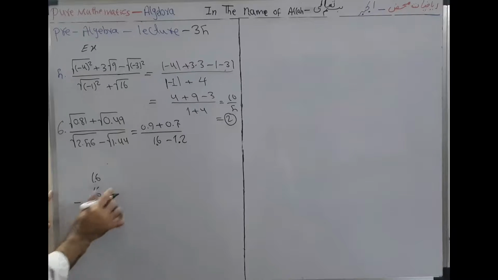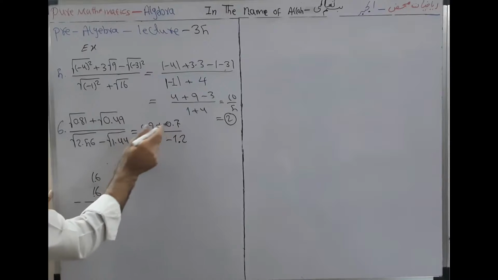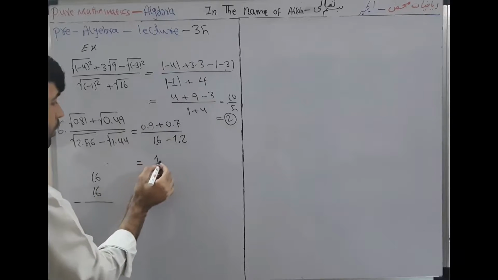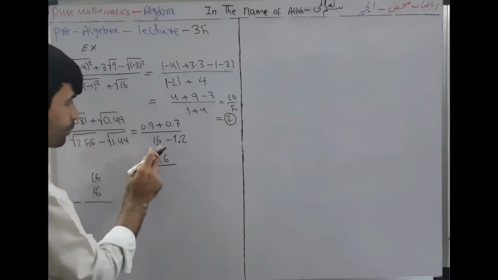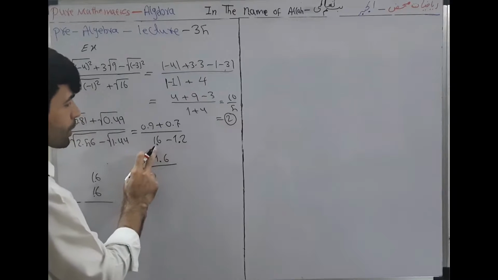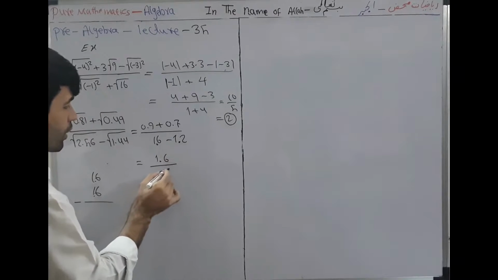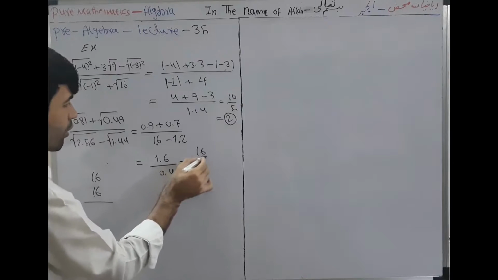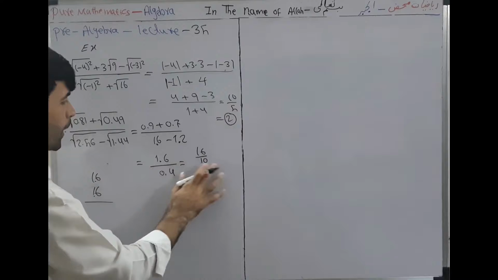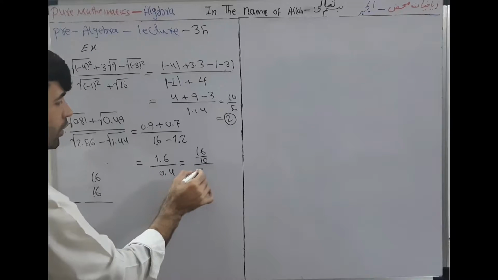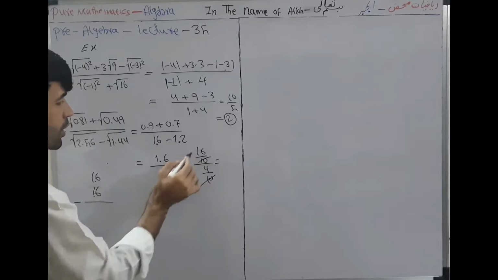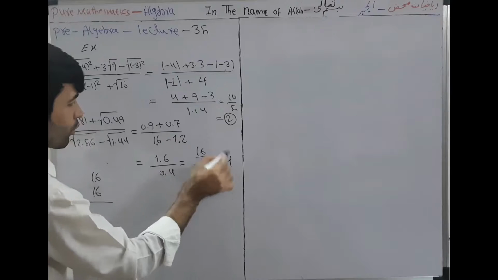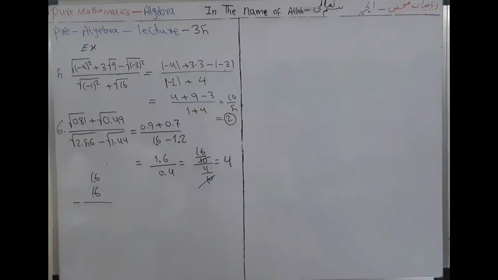Then we get, if we add these two numbers, we can get 1.6 over, if we subtract, we get 0.4. It is equal to 16 over 10 over 4 over 10. It is equal to 10. This cancel, 16 divided by 4, it is equal to 4. It is the answer of question 6. Question 7,